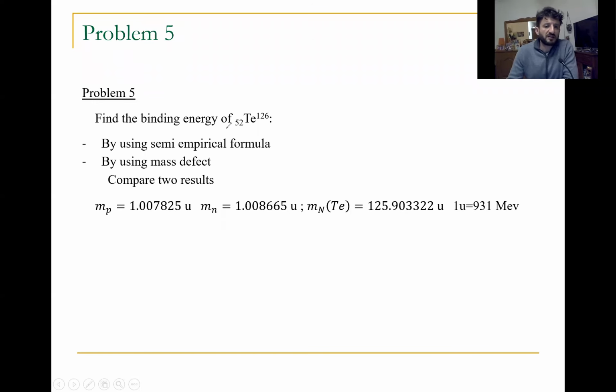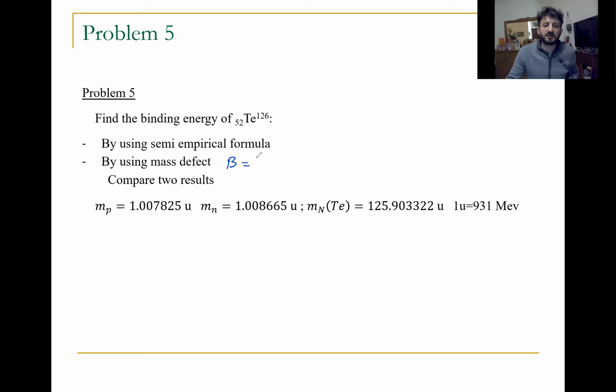Find the binding energy of Te-126 (atomic number 52) by using the semi-empirical formula, the liquid drop model, or by using mass defect. You can find the binding energy by